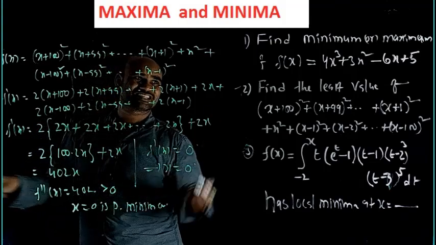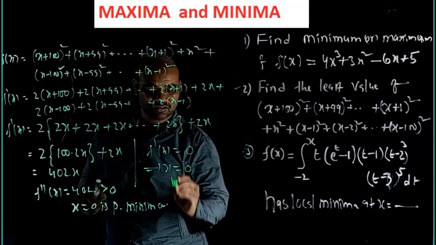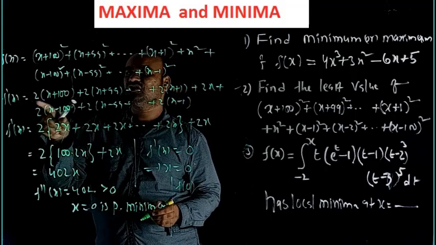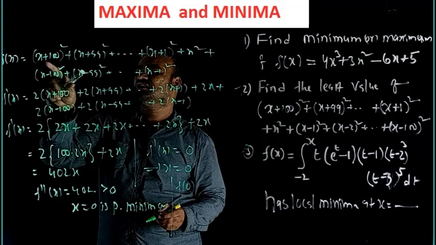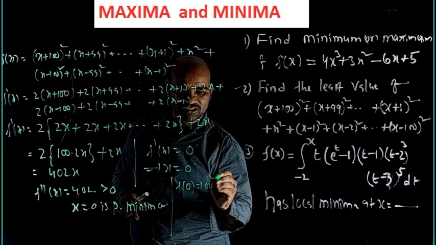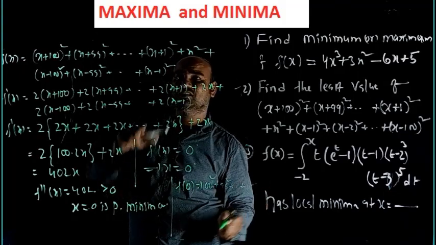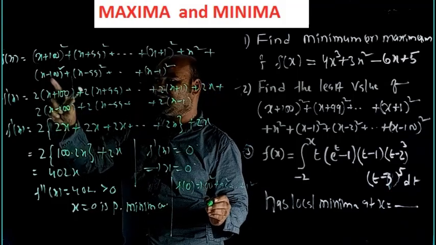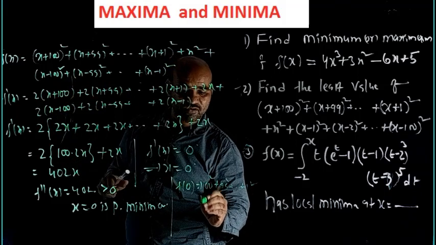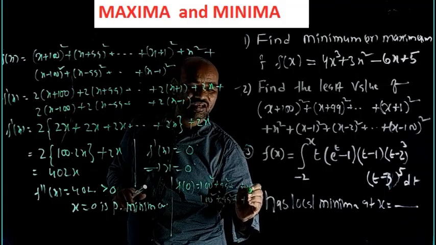Now what is being asked? The minimum value. Minimum value is f of 0; that value you want. f of 0 means what happened? Observe here, f of 0 means 100 square plus 99 square, and so on, plus 1 square. Here x is 0 only, no problem. Again here another 100 square, since (0 minus 100) whole square is 100 square only. 100 square plus 99 square, and so on, plus 1 square.